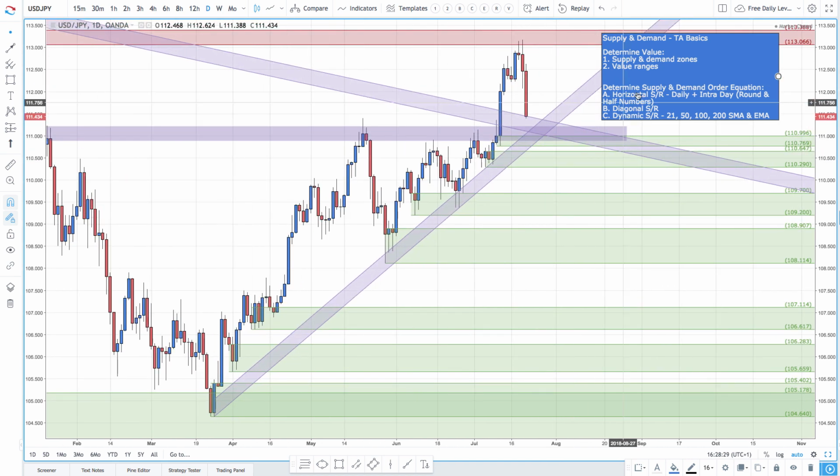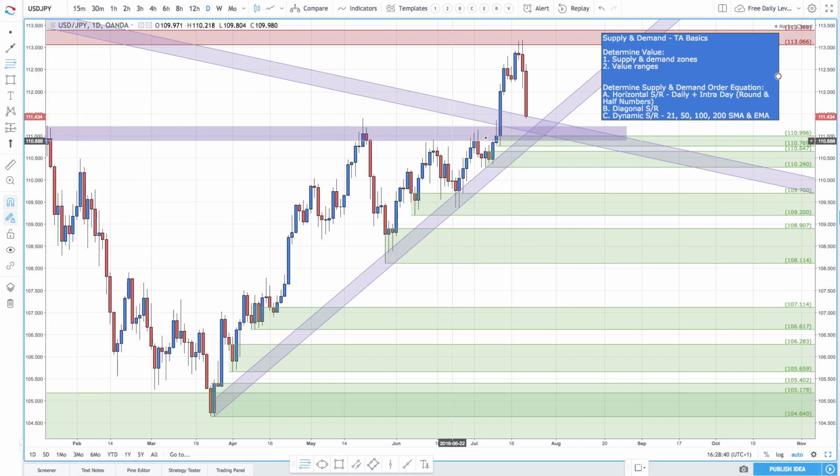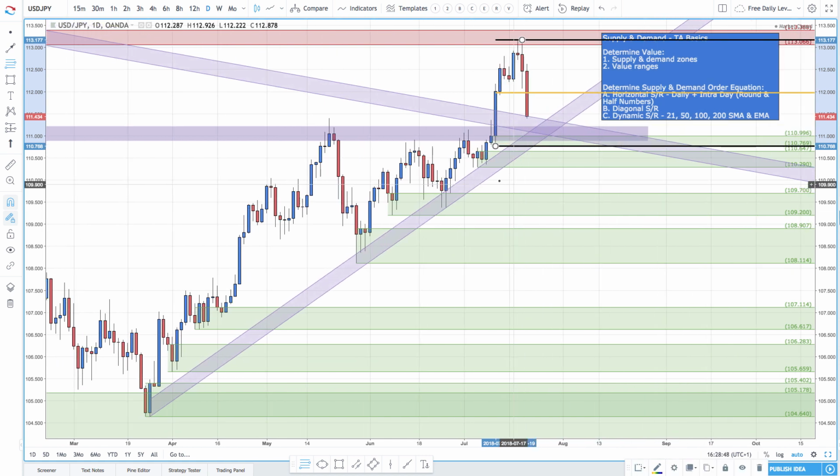So what we do is we draw some supply and demand zones, and then we look for value ranges. And with value ranges, we're always looking for a high and a low somewhere, because prices tend to trend within ranging markets. So what we've got first,